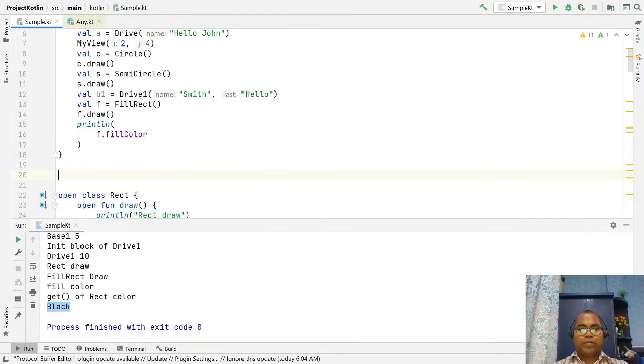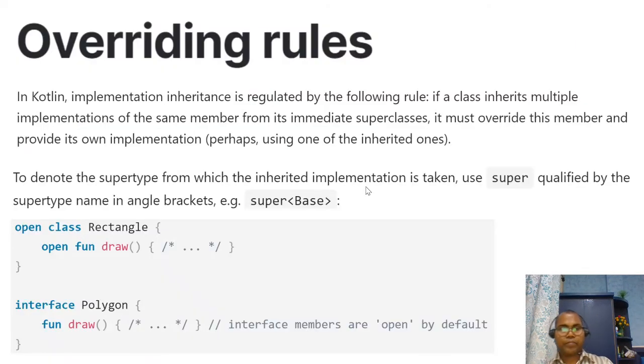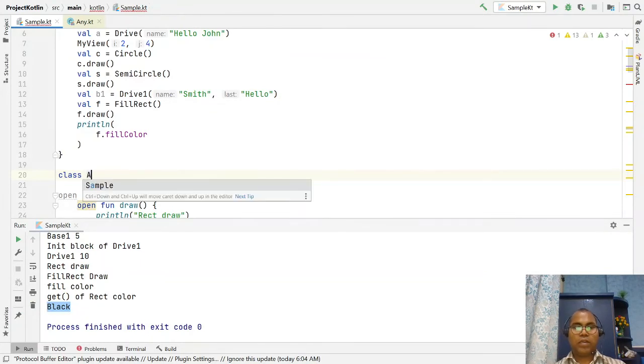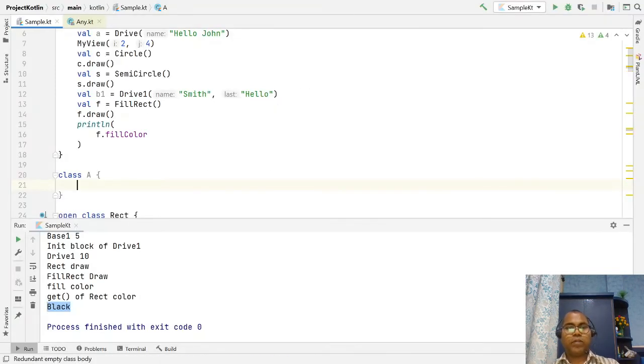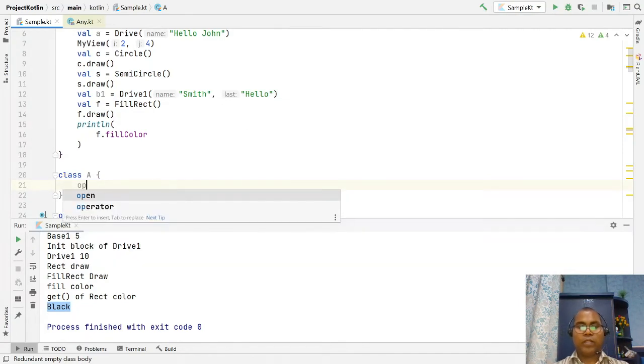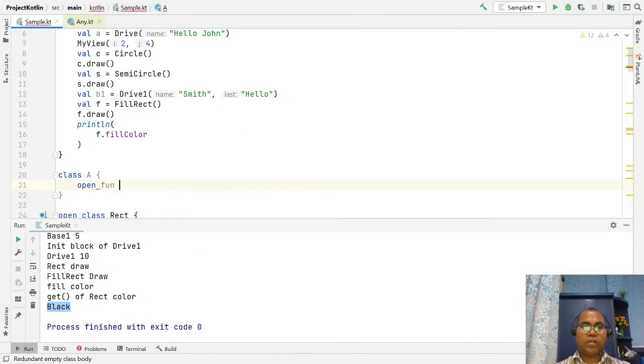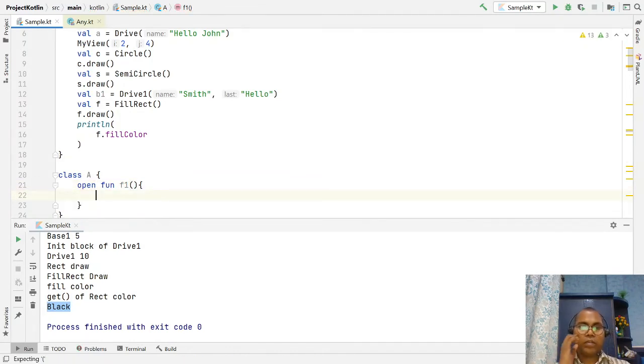Let's say class A. Let class A have one open fun f1, and you can say println f1.